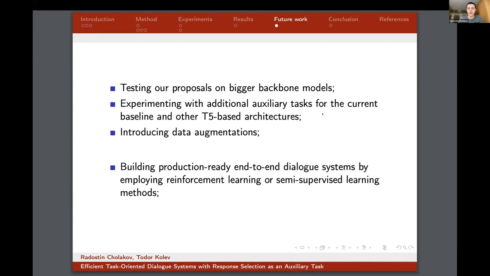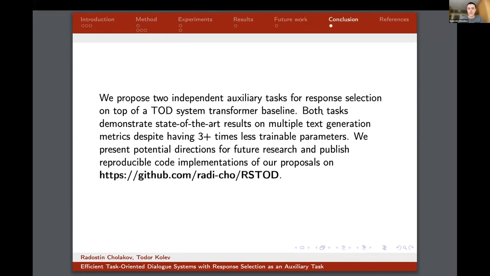And also introducing data augmentations is another way of trying to increase the fluency of the responses in such a system, by providing different sentences with the same semantic meaning, but augmented in different ways, and making the system produce the same or similar responses. And as a conclusion,